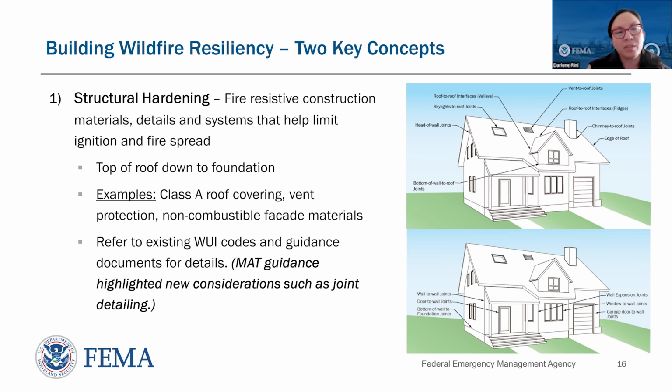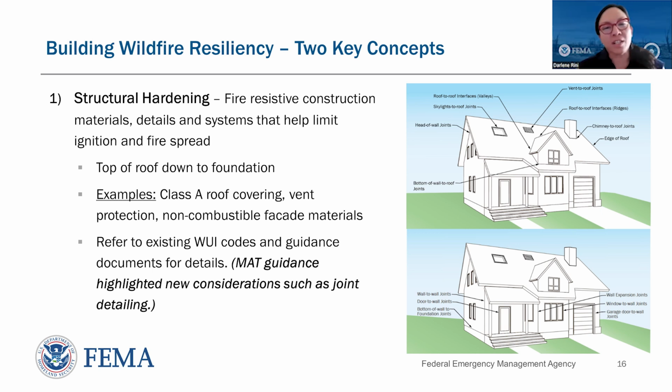Amelia touched on both of these previously, but we wanted to spend a little bit of time to level set on definitions and what these 2 main concepts are, because they're pervasive throughout all wildfire risk mitigation guidance and codes and standards. So the first main concept that we talk about here and in other literature and guidance is structural hardening, which essentially describes the fire resistive construction materials of a building or structure,